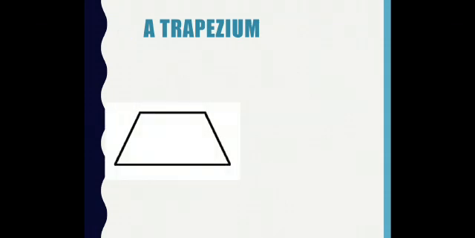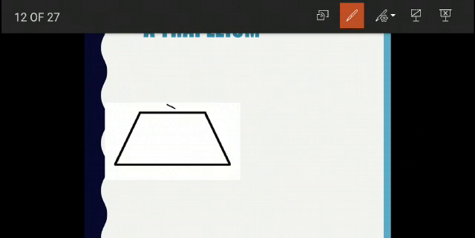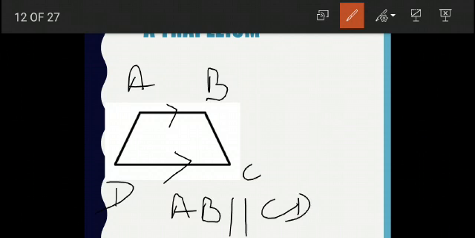Now, the next type of quadrilateral is what we call a trapezium, or the other name for this, we call it a trapezoid also. Now, herein we look, the figure in front of you, it is a figure of a trapezoid. Clearly, we can see from the figure that only one pair of opposite sides is parallel. If I name this trapezoid as ABCD, you can clearly see that AB is parallel to DC or CD, but the other pair AD is not parallel to BC, because if I extend these two sides, they are going to meet at a point.